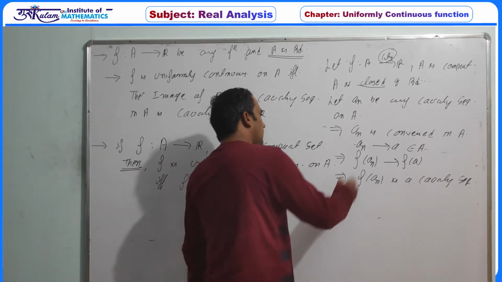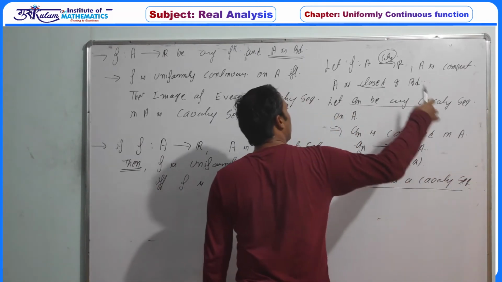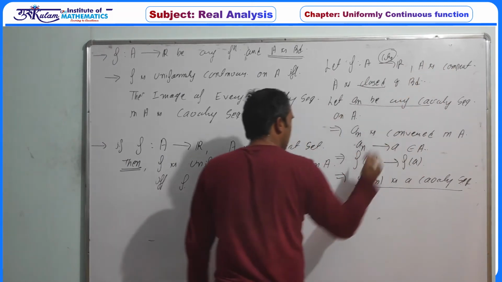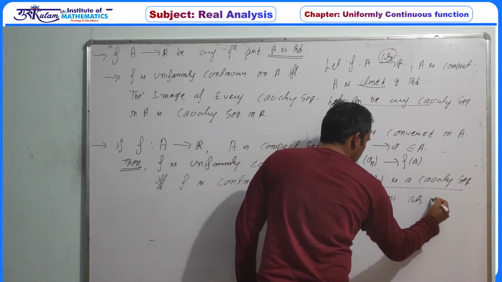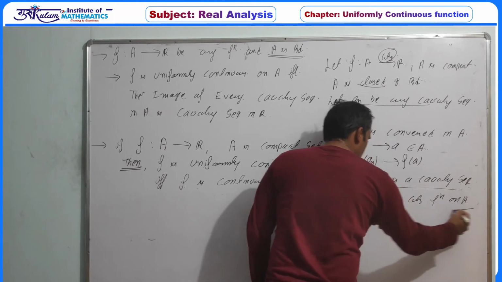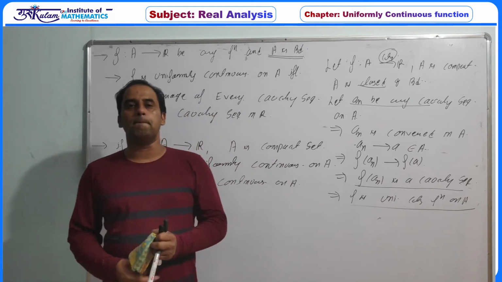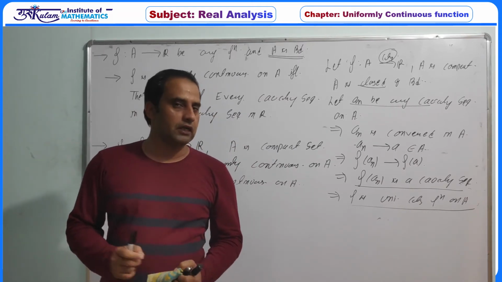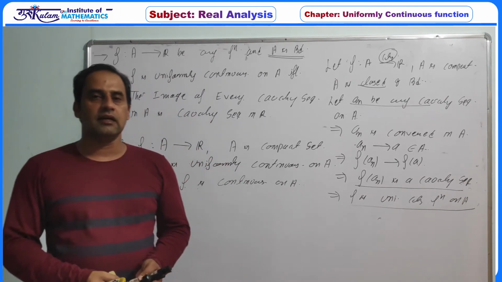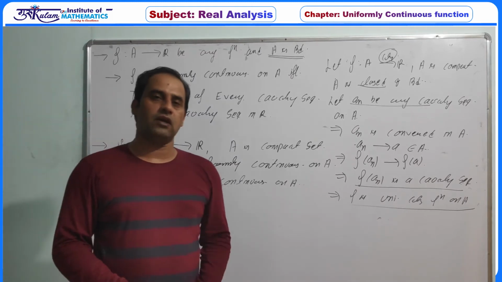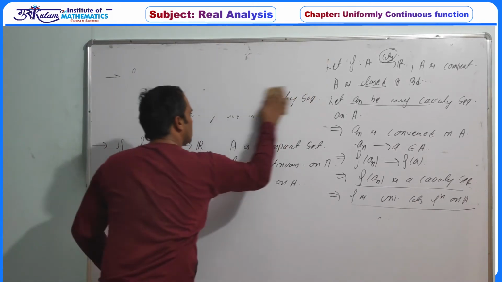So whenever a_n is a Cauchy sequence in A, f(a_n) is a Cauchy sequence, and your function is defined on a bounded set, which implies f is a uniformly continuous function on A. So this is the simple proof. A continuous function on a compact set must be uniformly continuous. The particular case of this is a function defined on a closed interval of finite length, which is uniformly continuous if and only if it is a continuous function.